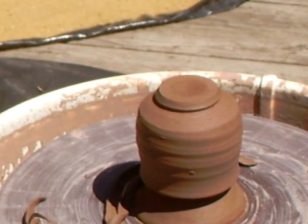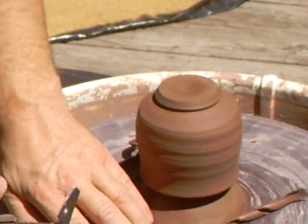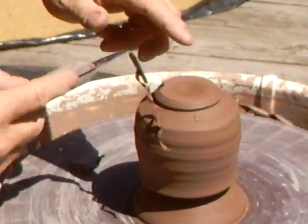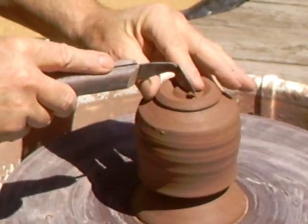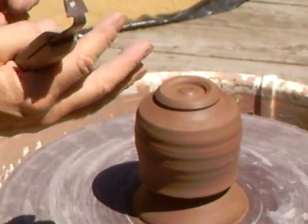Another thing to bear in mind when doing this kind of trimming, don't cut the clay when it's too hard. You need to get it at the right hardness, softness. This is feeling about right for me. It's just stiff enough that I can work it, but it's not so hard that it's